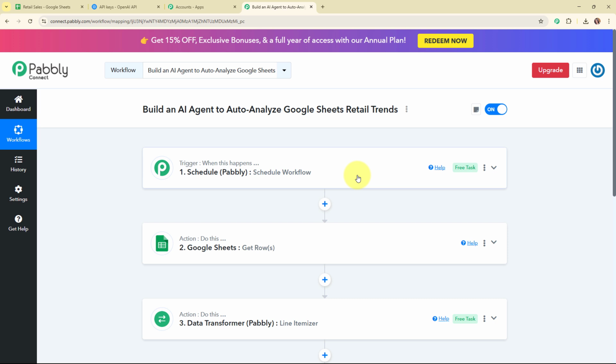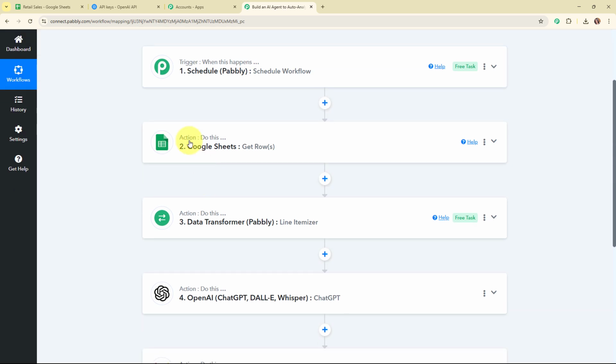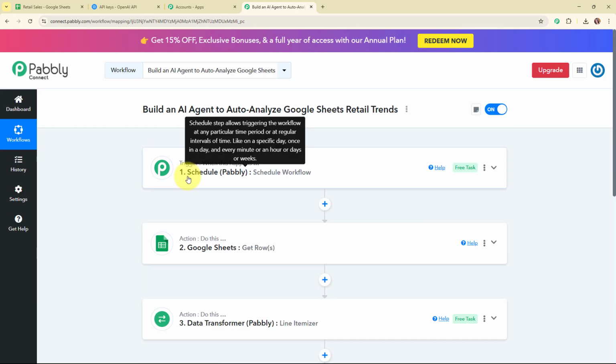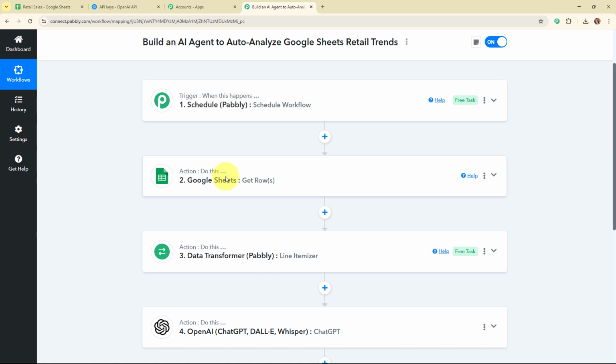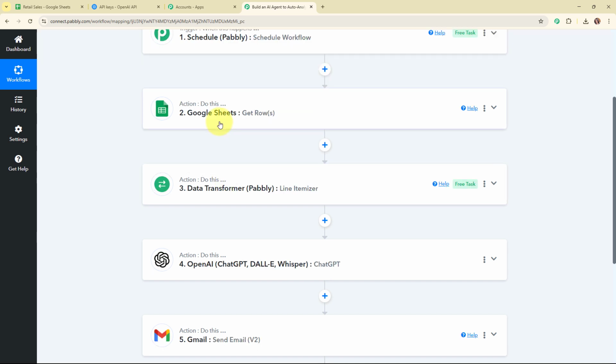Now let me summarize this whole video for you. So here we have selected our trigger as Scheduler by Pabbly and our actions as Google Sheets, Data Transformer by Pabbly, OpenAI and Gmail. So that every week at a specific day and at a specific time, my entire workflow should trigger and automatically get all the rows from the Google Sheet, and after getting all the data in an array format, automatically using Line Itemizer from Data Transformer by Pabbly,